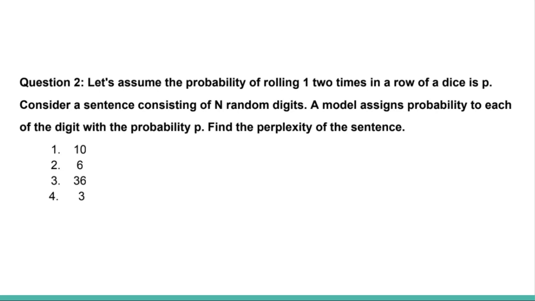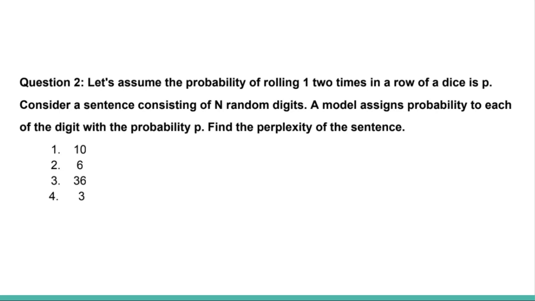Now, instead of 1, if there was some other number, say rolling a 2 two times in a row, in that case also we would get the same value, 1 by 6 into 1 by 6, because each of the outcomes is equally probable. Also,